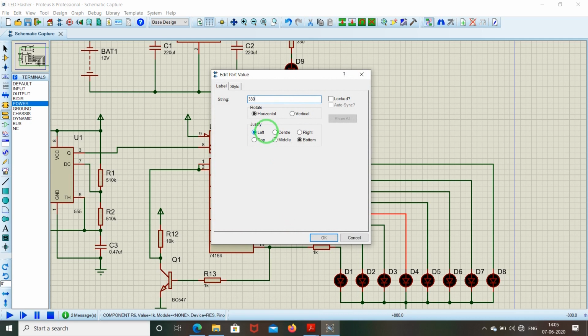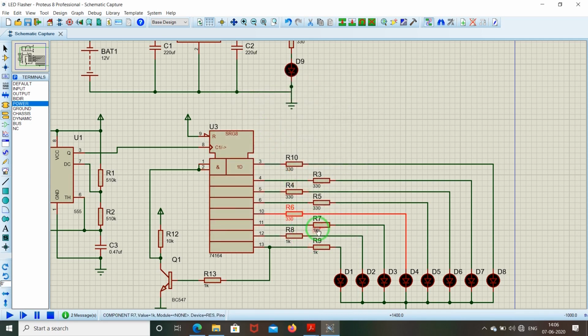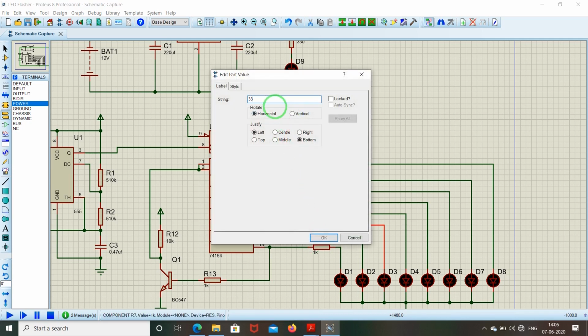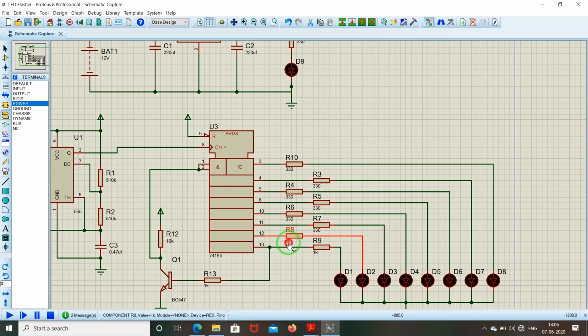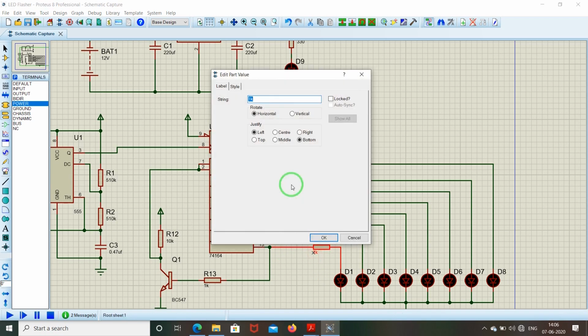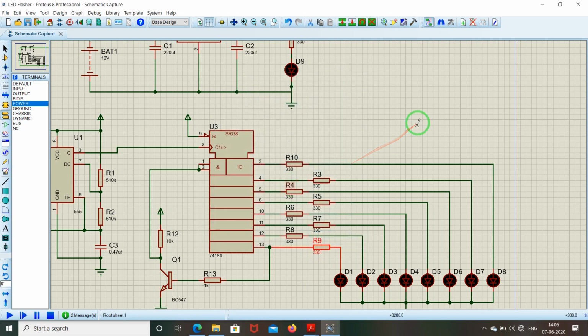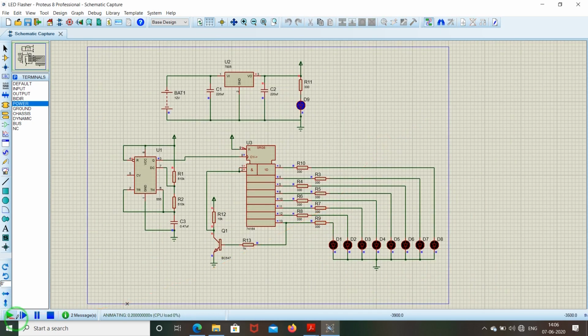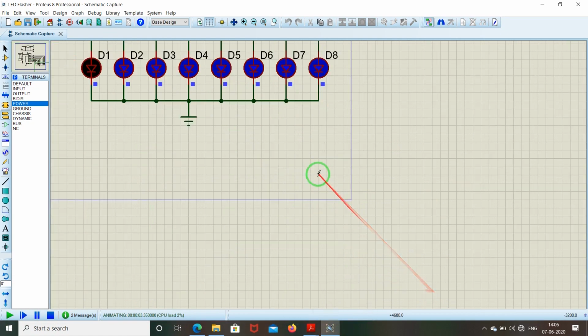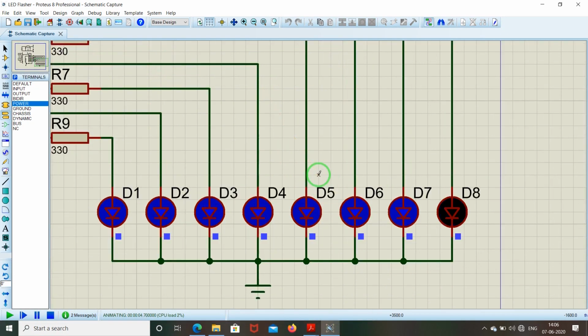No need, because here the simulation is not working. I'll use 330 ohm resistances and this will work fine then. The software is designed accordingly, you know. Okay. Now this works fine. So all the LEDs are moving as required. All the LEDs are working as described in the test project.